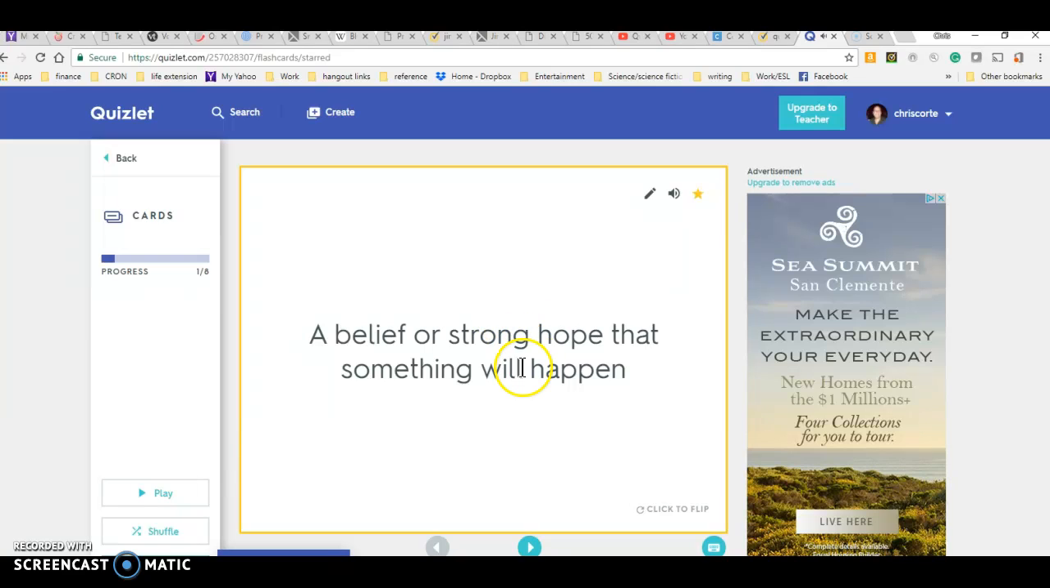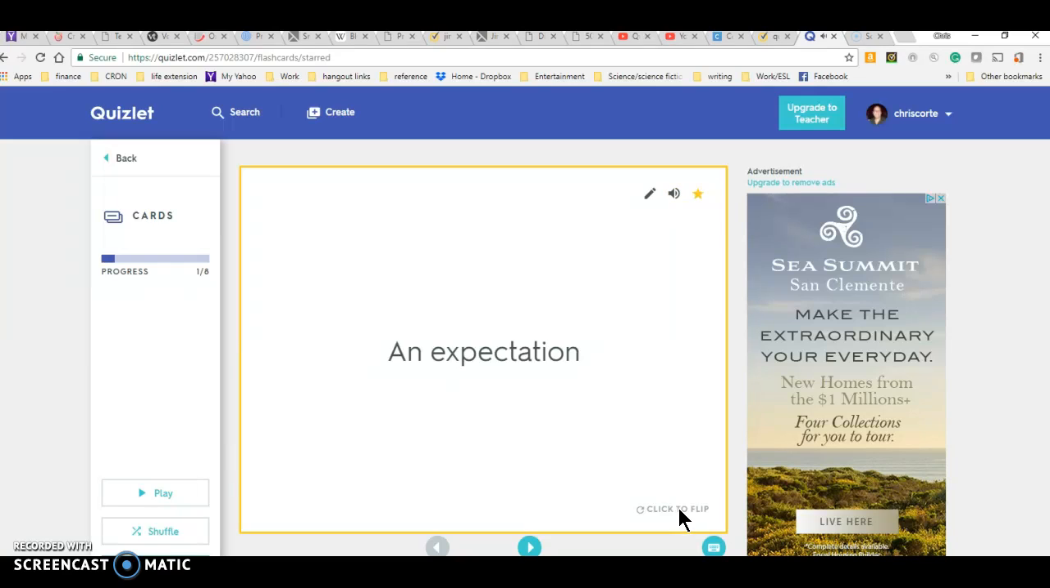And you can hear, you have audio. Click the flashcard to hear the audio. Click to flip it, and you can hear it, the vocabulary word here. If you go back,